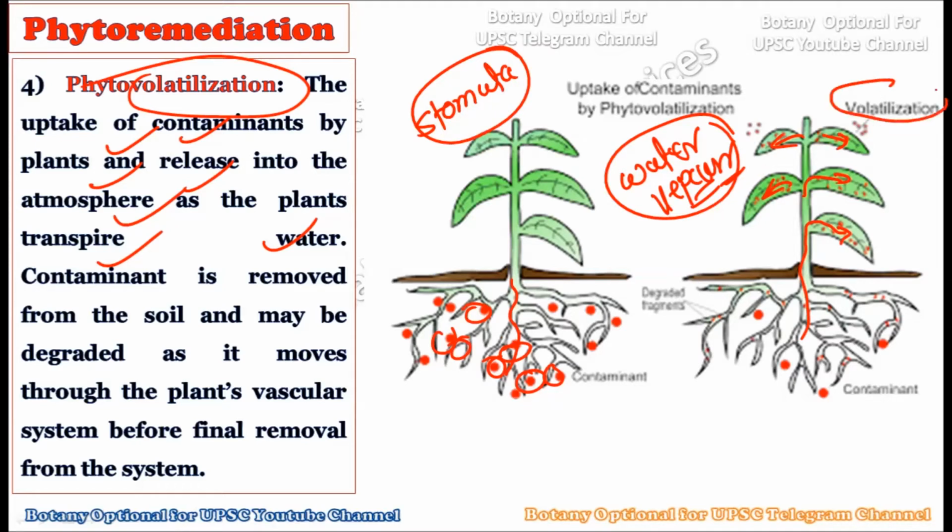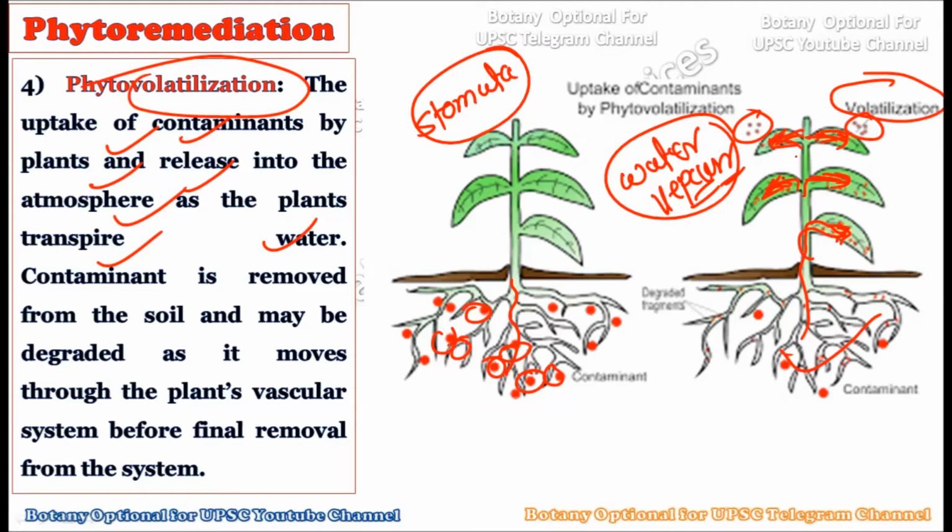As you can see here, volatilization is given here, and here you see how the harmful chemical compounds are firstly absorbed by the roots, then accumulated in the leaves, and once they are accumulated in the leaves, through the process of transpiration they are given out to the environment, and hence volatilization has occurred. This particular sub method used in phytoremediation is popularly called phytovolatilization.